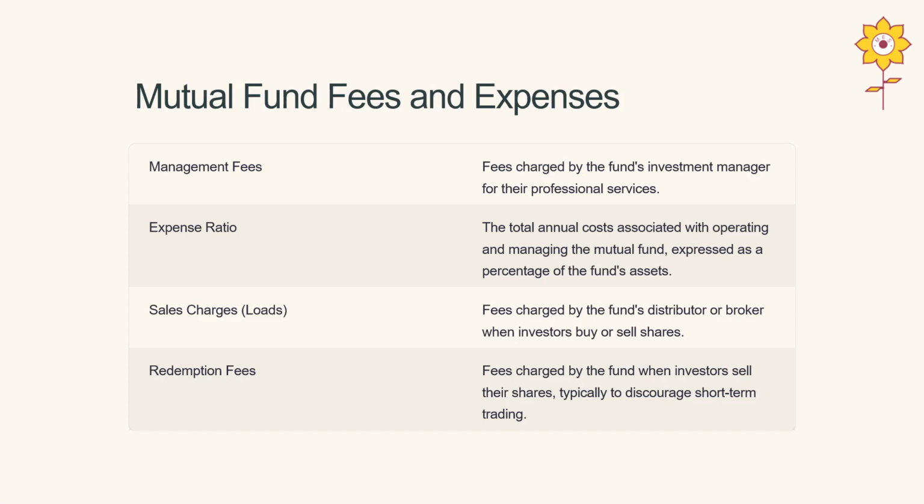If you're entering a mutual fund, you're supposed to pay an entry fee, an entry load. The terminology that we use in mutual funds is entry load. If you're exiting a mutual fund before the condition period, then you have to pay a 1% exit load. For example, if you exit the mutual fund before 1 year, you have to pay 1% exit load. If you exit before 1 month as per the terms and conditions of the fund, then you have to pay 1% exit load. These are expenditures which you encounter when you go for mutual fund investments.